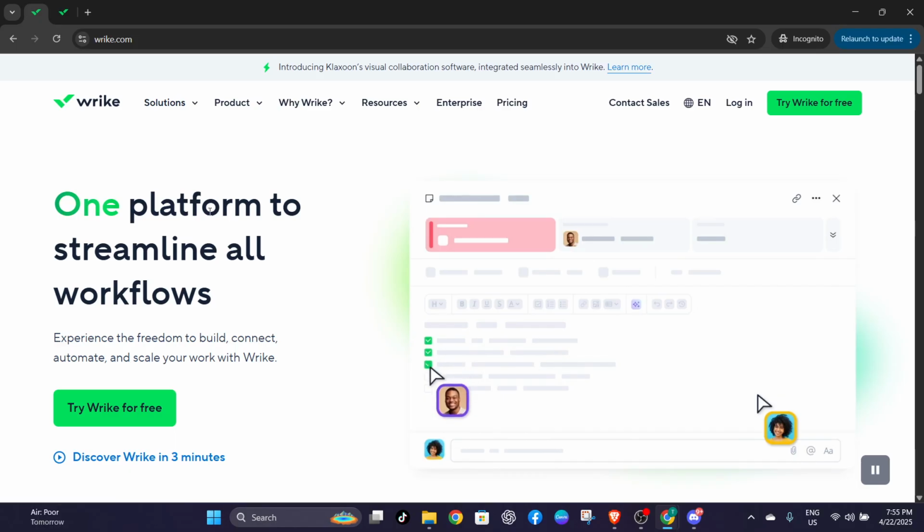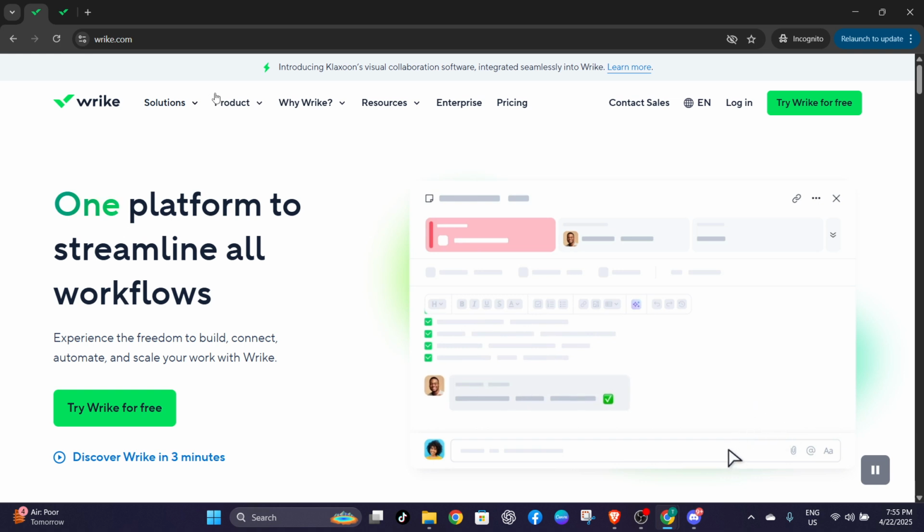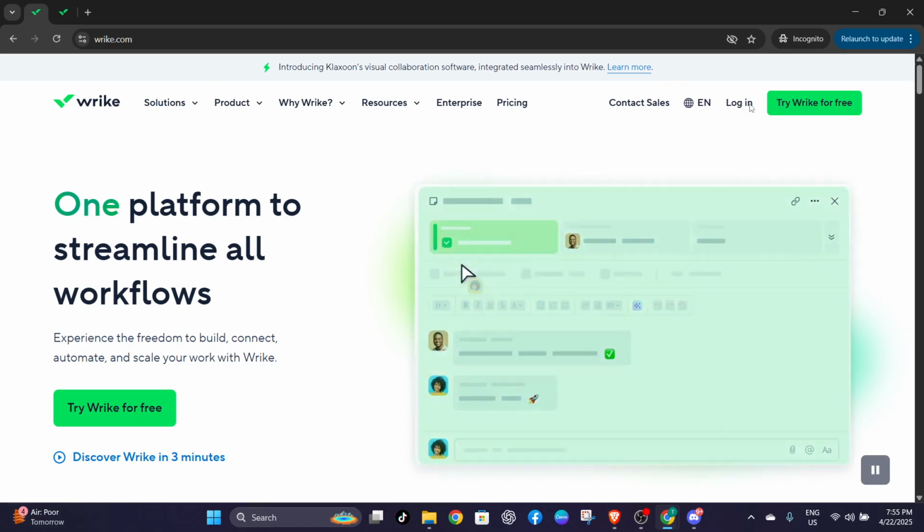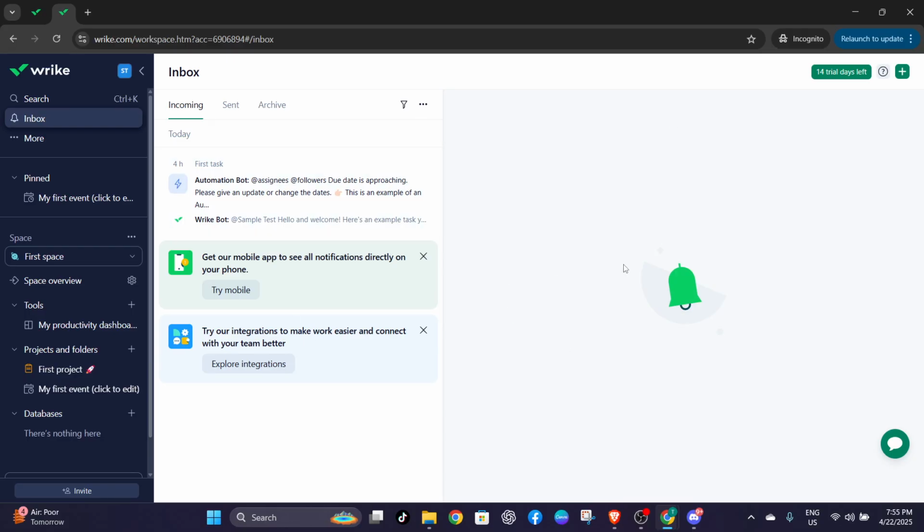Once you're logged in, you'll notice various options in the header, which are consistent across almost any view of your Wrike workspace. This navigation bar is key, allowing you quick access to different areas of your workspace. As you explore, you'll see your current location within the workspace indicated by breadcrumbs. These breadcrumbs show the path to your current spot and are clickable, making it easy to navigate back to earlier